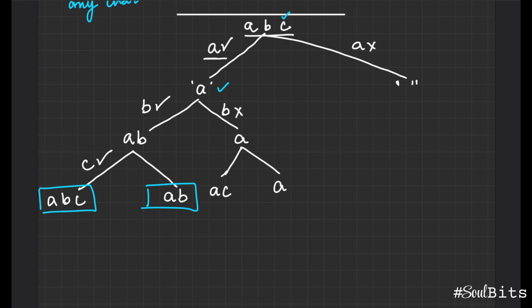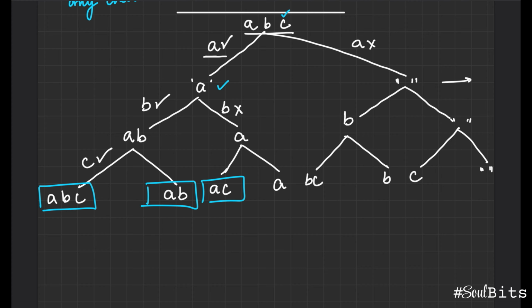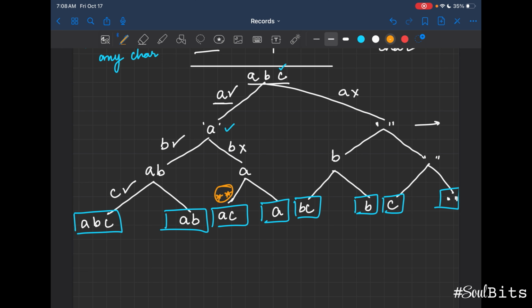Next we come to the right. We make a decision to either choose B. So in this case, your intermediary node will become B, or we do not choose B. So when we do not choose B, you again have an empty string. We make the same choice of either choosing C, so the string will become BC, or we do not choose C. We make the same choice here, C or no C. On the final level, where you're making a choice for C, your leaf nodes, if you look closely, now have your answer. I think it's worthwhile to understand how we arrived here.